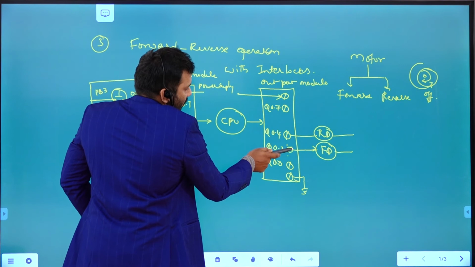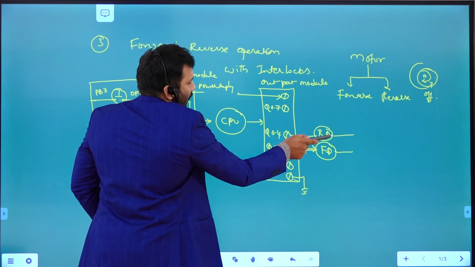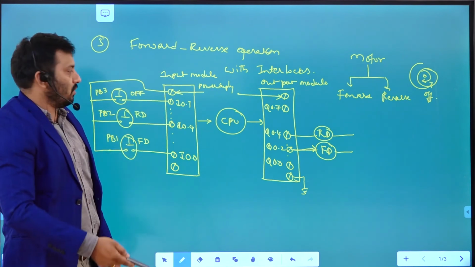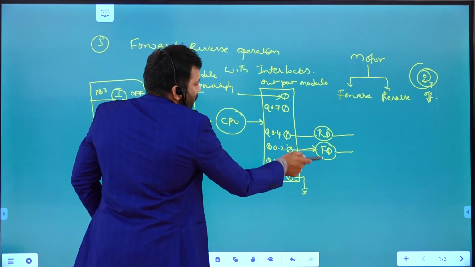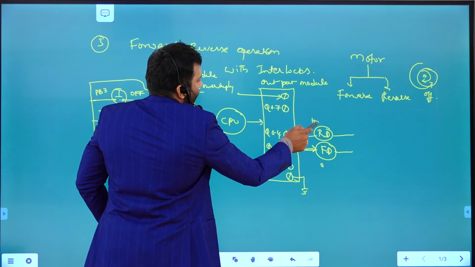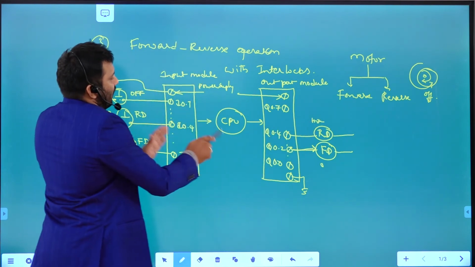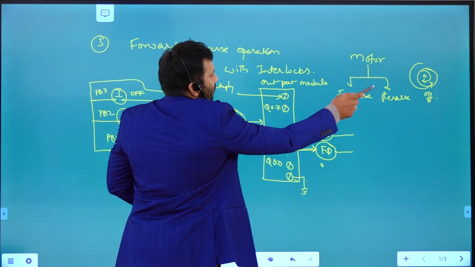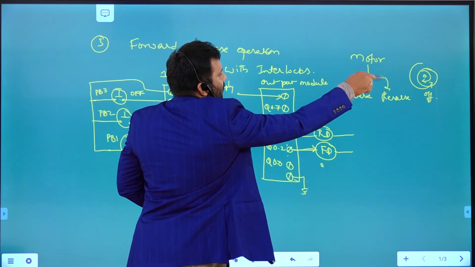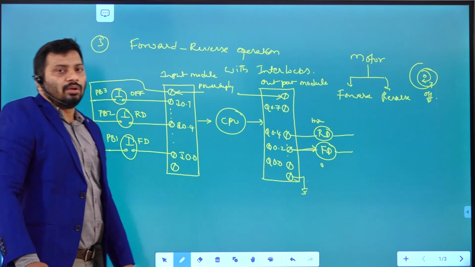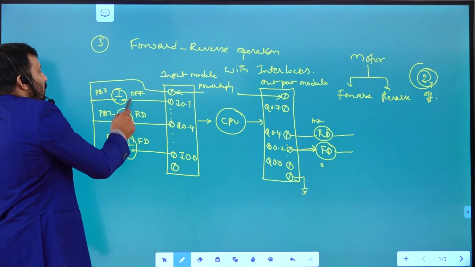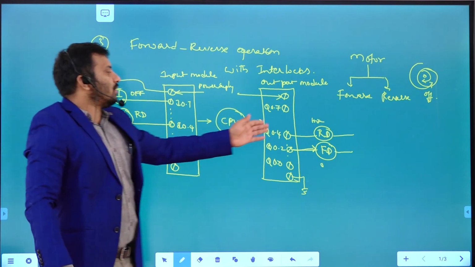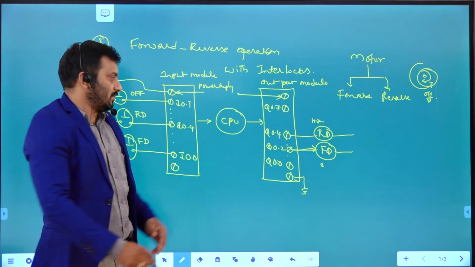That means the signal out from this terminal is going to be connected to the coils which cause the motor to move in the forward direction. If it is 0 and if it is high due to these particular inputs and execution of the program you wrote, then what will happen? That is going to rotate in the reverse direction. If you want it off, if you push this push button 3, it is not going to rotate in the forward or reverse direction.